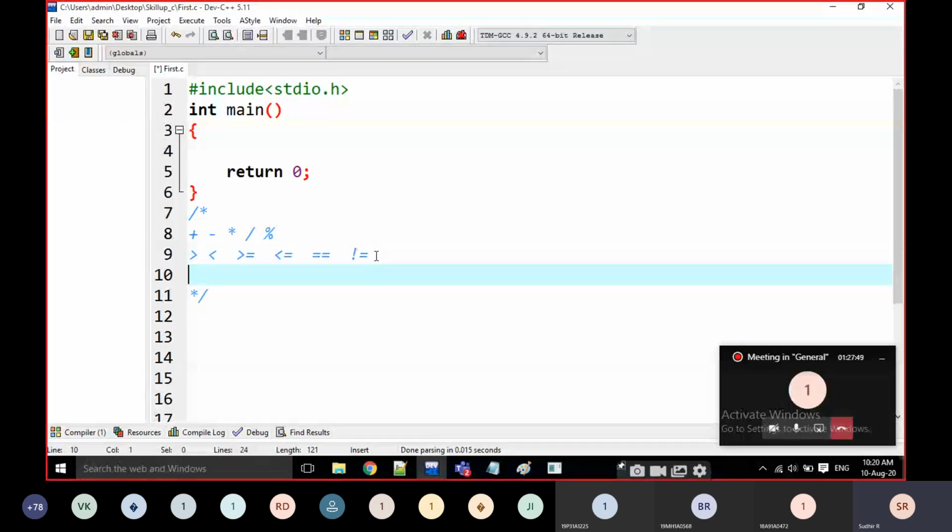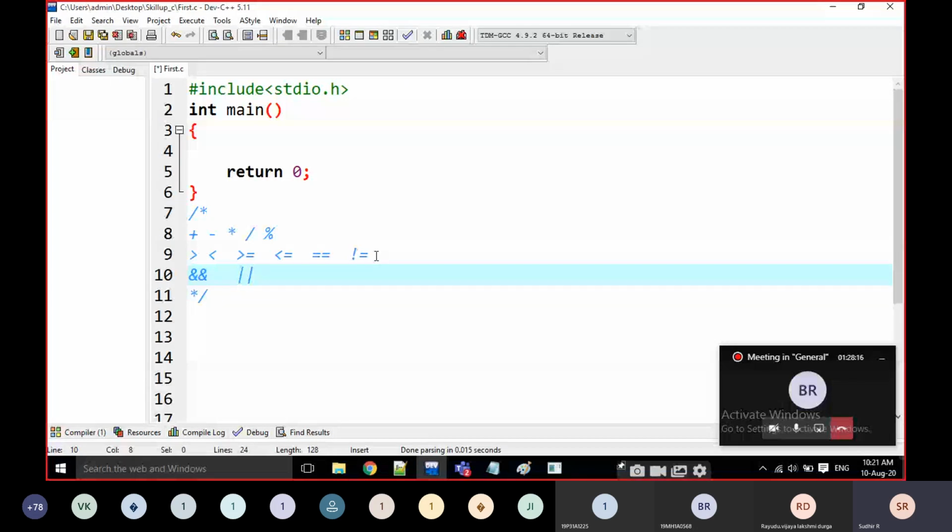And the next one is logical operators. Double ampersand is logical AND, and double pipe symbol is logical OR. This symbol is above the enter key; you have to press it with shift.